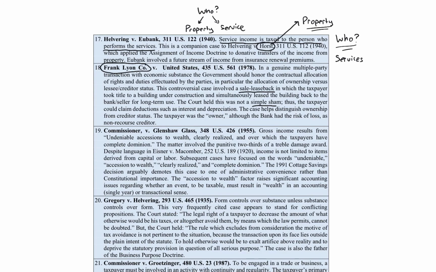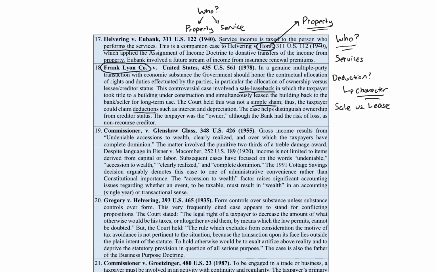So this obviously dealt with deductions, but this could also be a character issue. Because if you're ever dealing with sale versus lease, that gets into the issue of, remember, capital transactions. To get capital gain or capital loss, you need a sale or exchange, you can't have a lease, right? So this case actually dealt with deductions. Deduction is the question, of the five questions, but it also could be viewed as a character question in terms of its broad holding.